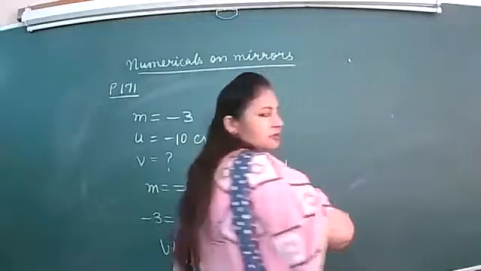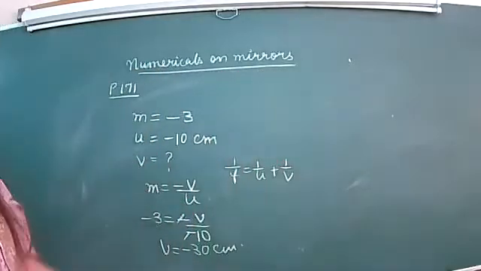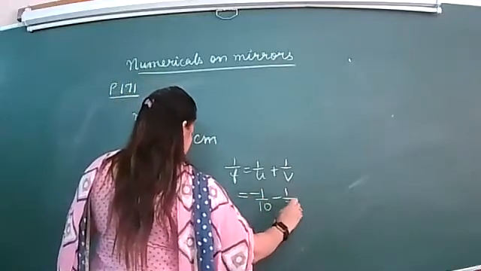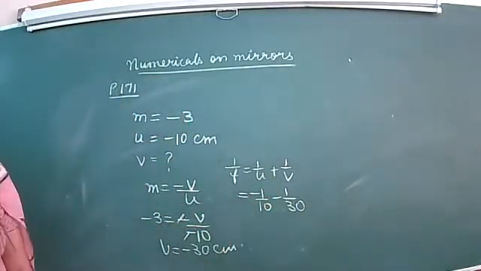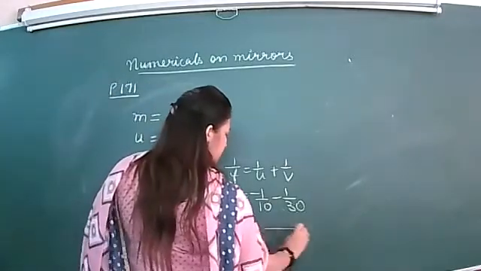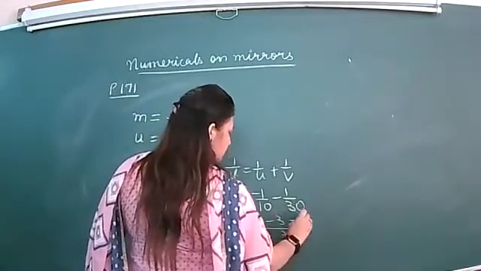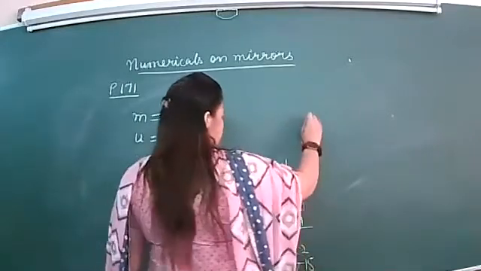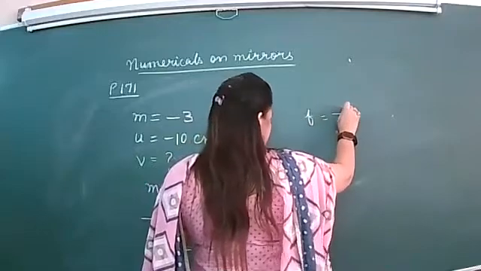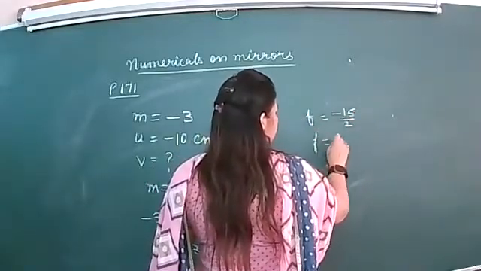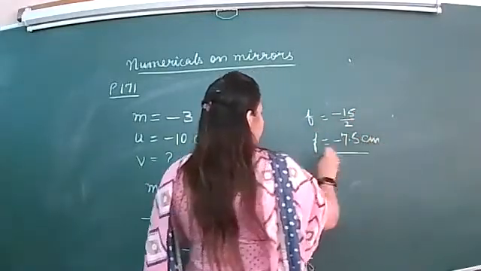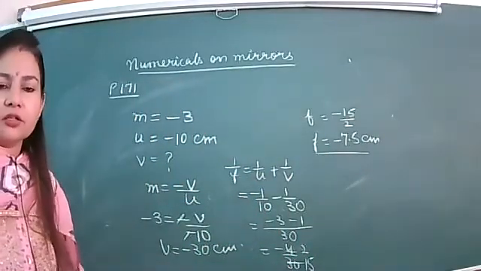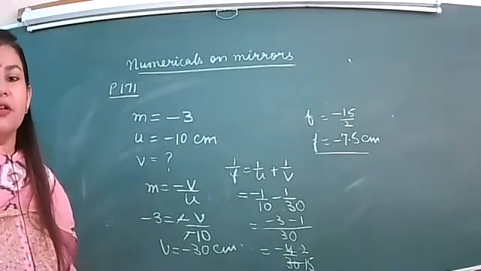So will anybody do that? Find it out. फोकल लेंथ निकालिए यहाँ से and tell me how much is the focal length. Calculate the focal length. So focal length is minus 7.5 centimeter. Concave mirror है ना, तो focal length negative आ रही है, so that's right. तो focal length is minus 7.5 centimeter.